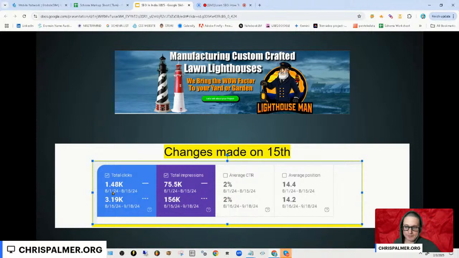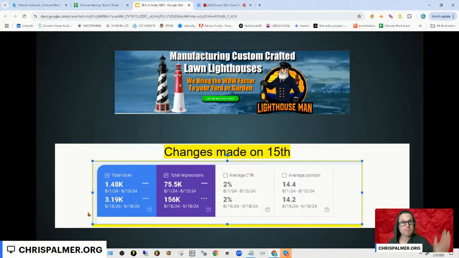So you could see almost doubled the amount of clicks, high commercial intent clicks, and then the overall impressions skyrocketed. Why? Because those pages just started going right up in rank. All right. So internal link float.